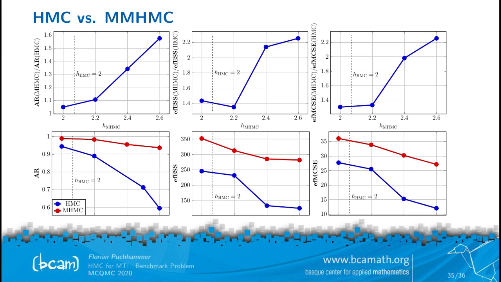In the lower half, we plot the absolute efficiency metrics for each method. The first picture takes care of the acceptance rate, the second one is for the effective sample size, and the third one is for the Monte Carlo standard error, the efficiency version, so high is good again. On the x-axis, I put the